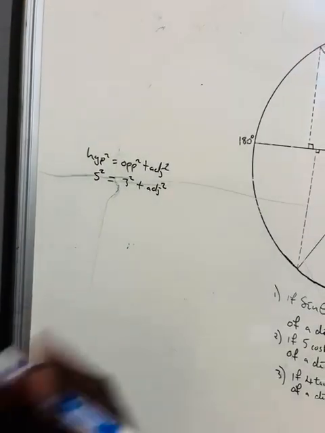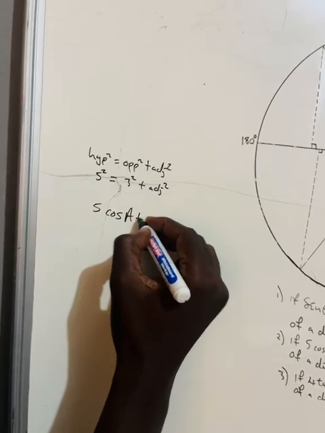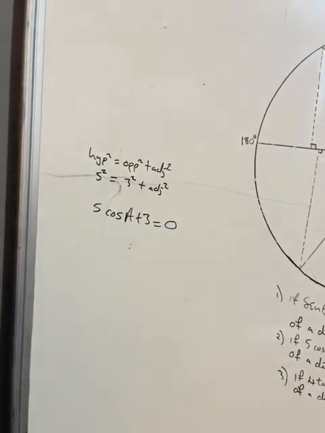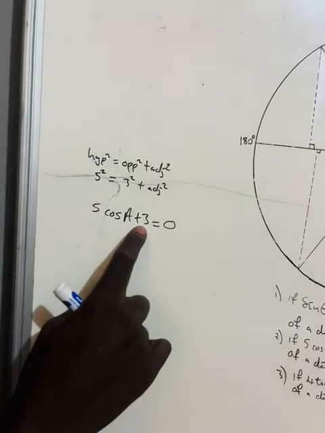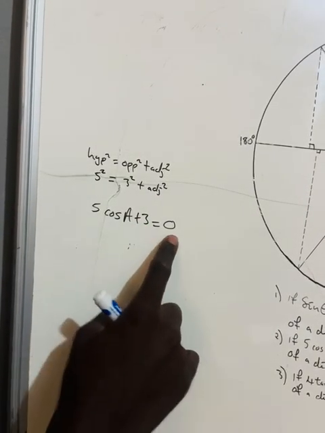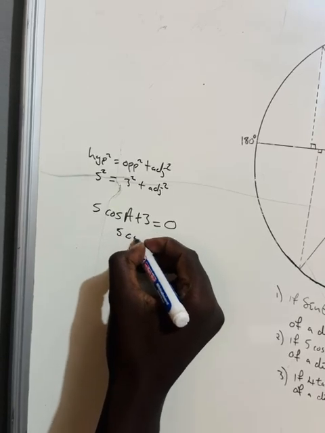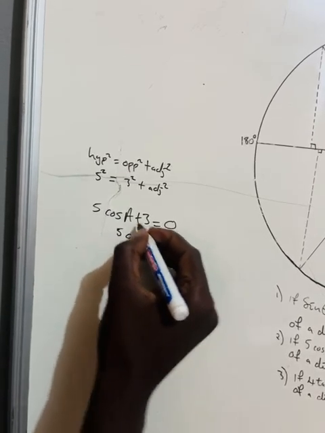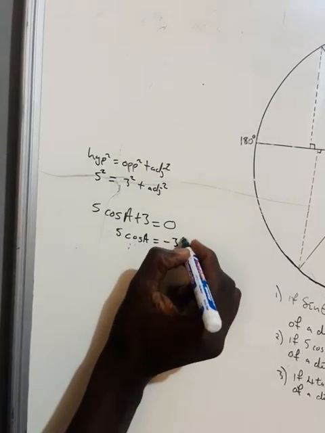5 cos A plus 3 is equal to 0. When we rearrange, the positive 3 and the 0 are like terms. So now we write 5 cos angle A is equal to, when we transpose it, it becomes a negative. Meaning to say that this negative 3 is our